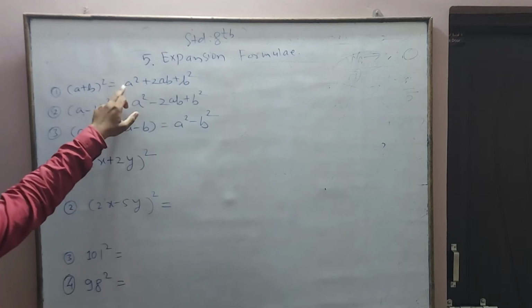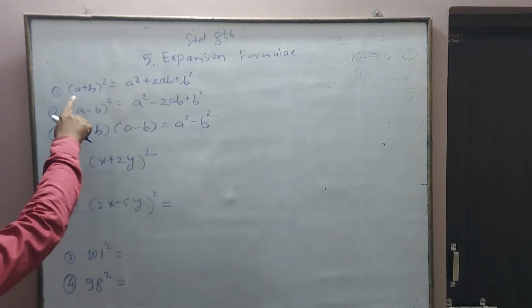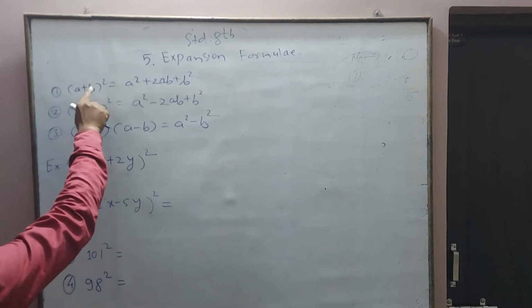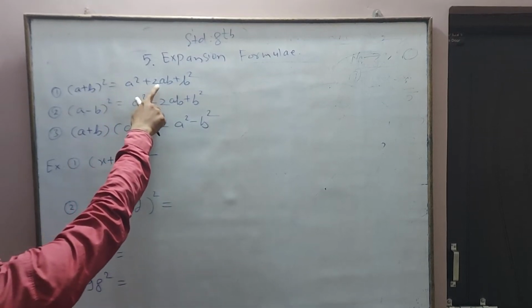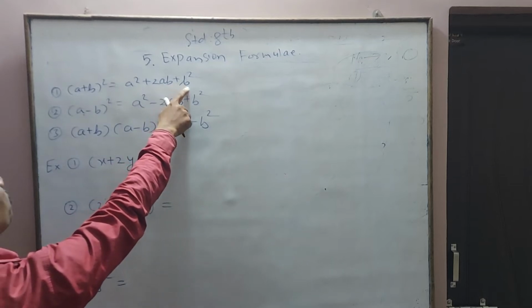or a square plus 2ab plus b square. a means first term, b means second term, whole square. So a square plus 2 into a into b, means first term into second term, plus b square, means